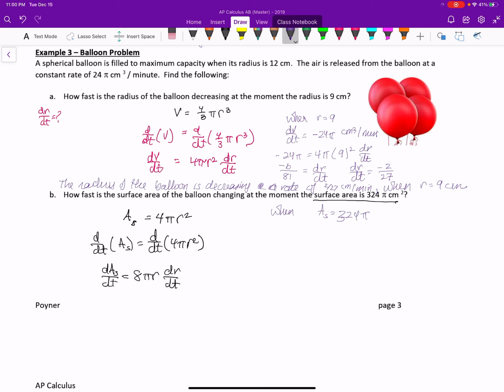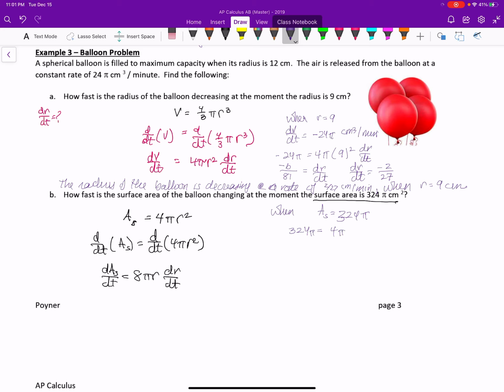The formula I have for the rate of change of the surface area is based on the radius. That's what you call it. So I have to find the radius at the time that the surface area is 324 pi. So I'm going to substitute 324 pi into the surface area formula,